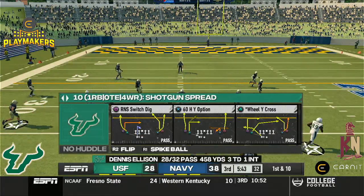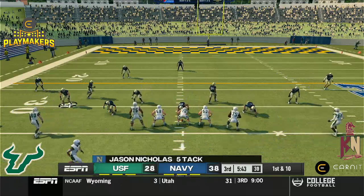Watch the ball. Check 59. Mike is 59. Mike is